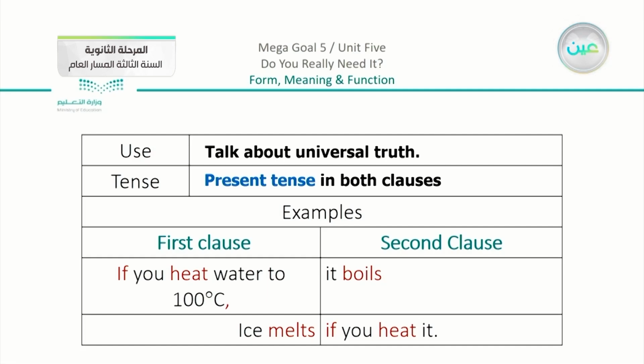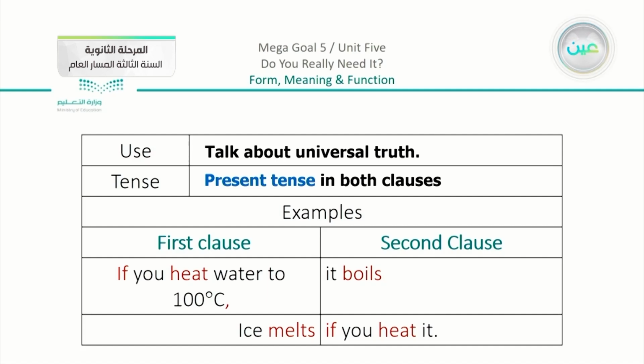Now you can see that in the other example, we rearranged the sentence, which is the same as we did in the adverb clauses, but we still have the same meaning. So we can say, ice melts if you heat it. Ice melts is the main clause, there is a fact, and it is in the present simple. If you heat it is the if clause, and also we used heat, which is the present simple. So we have here the zero conditional.